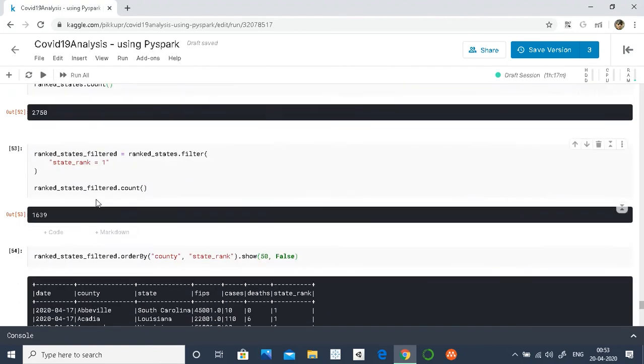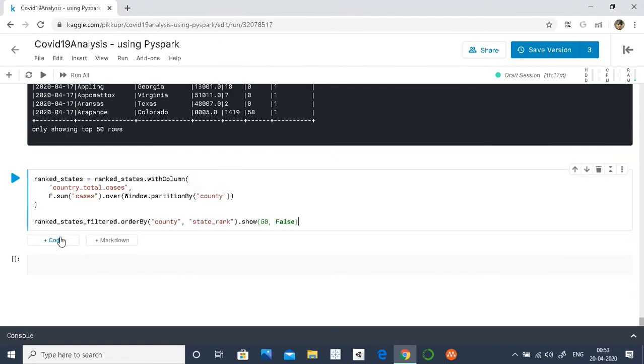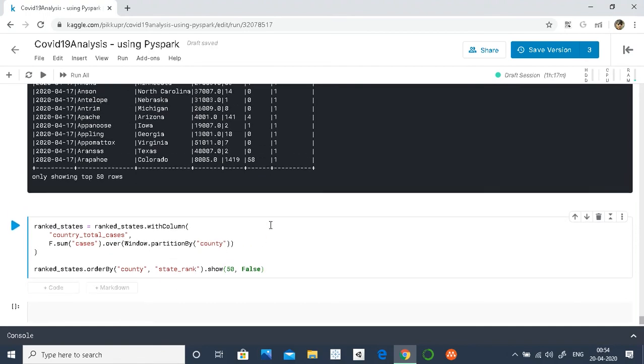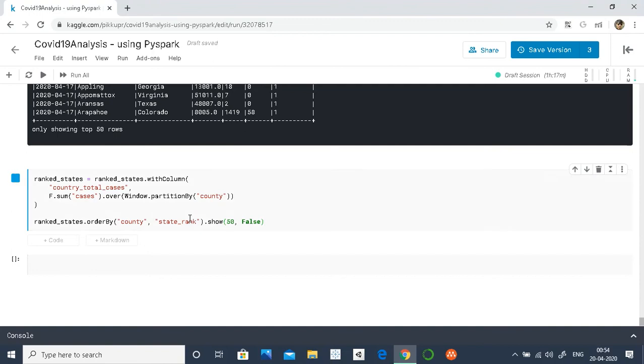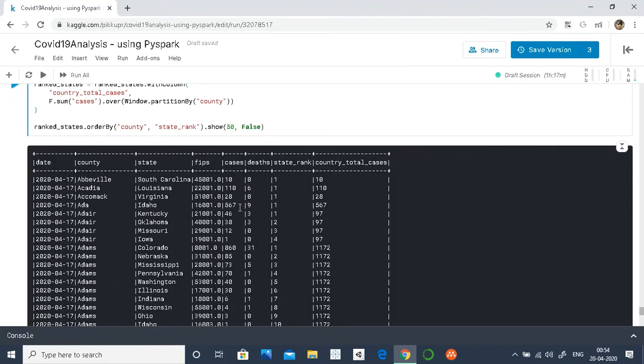Now we are going to show records. So I will copy this order by condition from here, and I'm going to order by state rank, which will also work, and it is already in this column. And let's see what happens now. So as you can see here, let's rank on state.